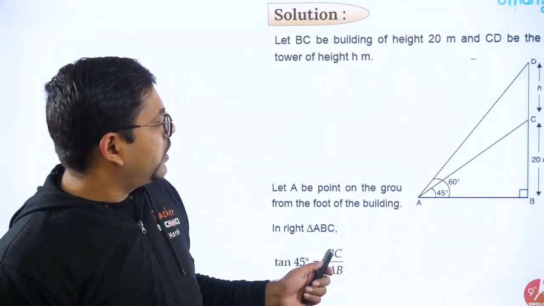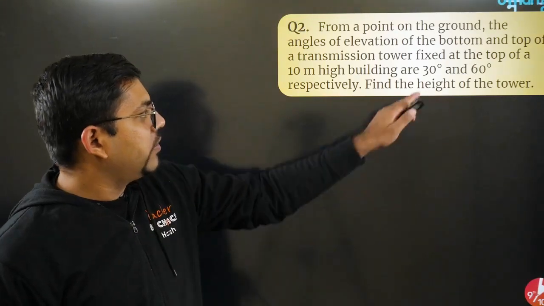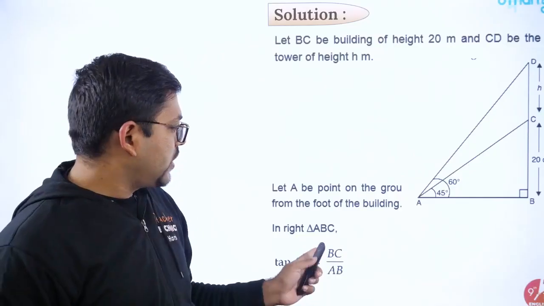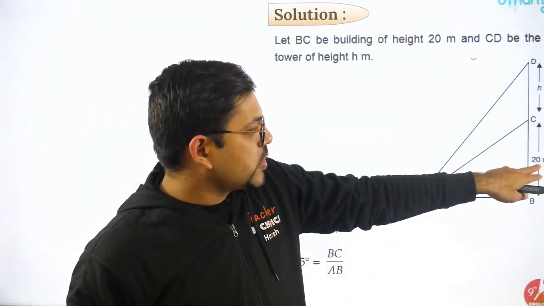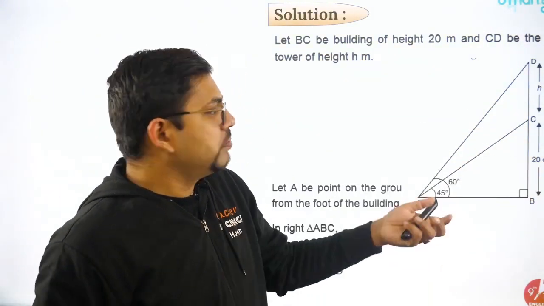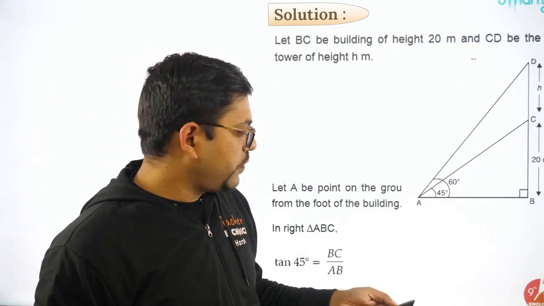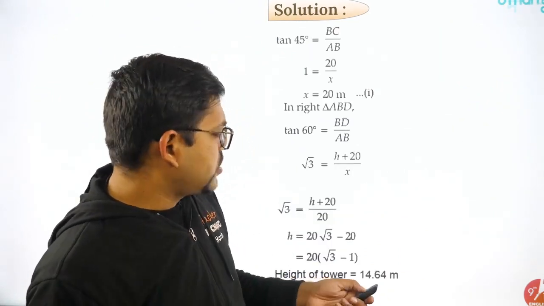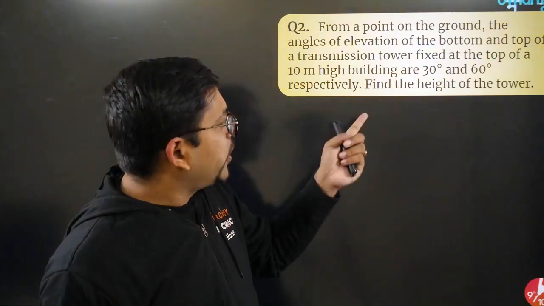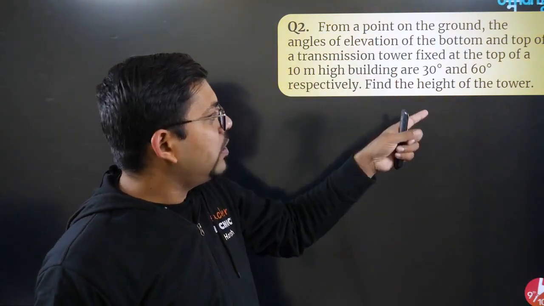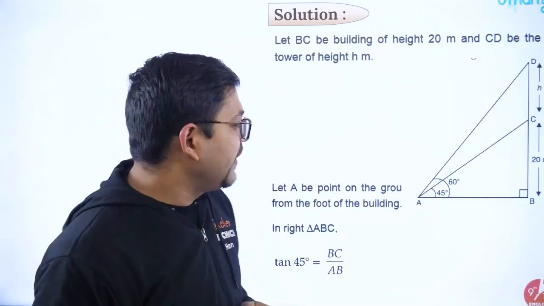Wait a second, how did they take 45? Okay, here they have written 30, but during the solution they have taken 45. And in fact they have changed this value also, 20 centimeter and this. So let's not get into this answer because obviously it's not going to be right. So just leave it. I hope you all understood the solution which I showed. According to these values which are given here, height of the tower will be 20 meters. Fine people. Chalo, moving on.